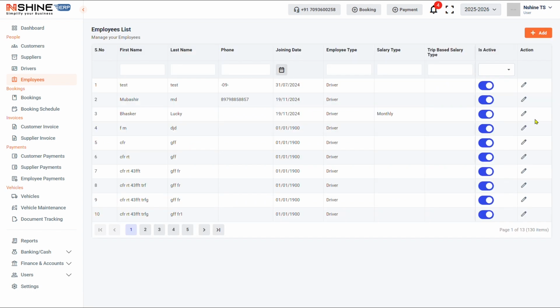You can also use the search and filters that are available in this particular grid. And we have a sort option for each and every field. You can sort the data based on this. So, with the employees module, you get complete control over your team: track their salary, roles, joining dates, and more. And best of all, the whole system is flexible and very much customizable to your needs.